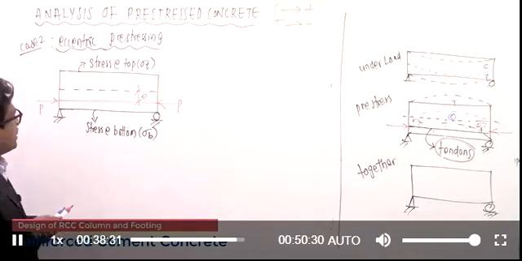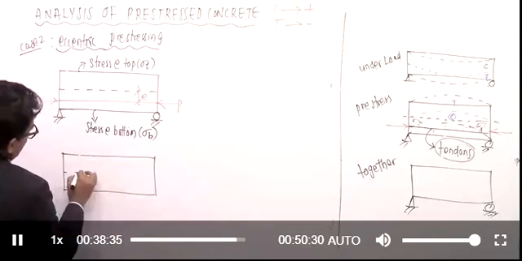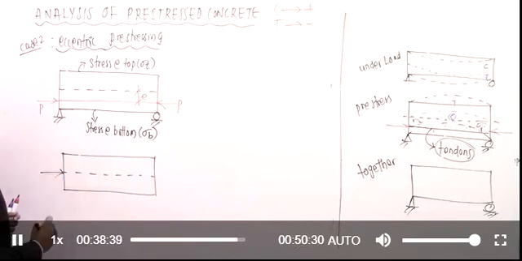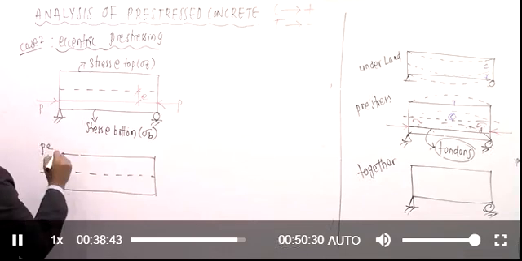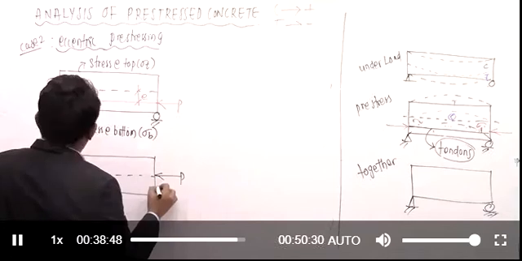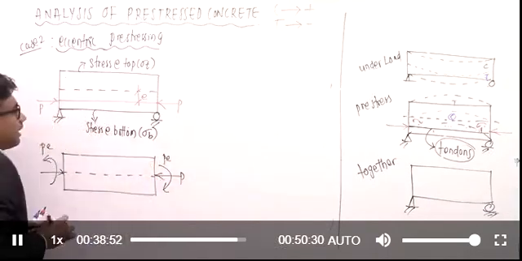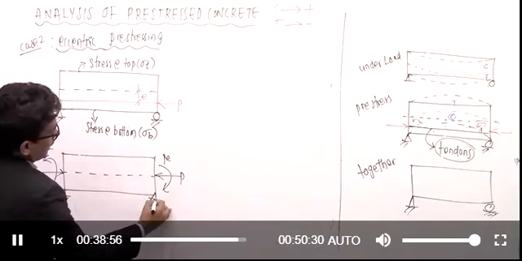See, if you think about this, if you just try to represent the effect of this load, what is happening? Due to this pre-stress, we will be having one compressive force here, and due to this eccentricity, we will be having moment also here, that is P into E, correct? Right? And here also we will be having our pre-stressing force, and we will be having the moment also there, that is P into E. Right? So while calculating the stress, we need to consider the effect of both.